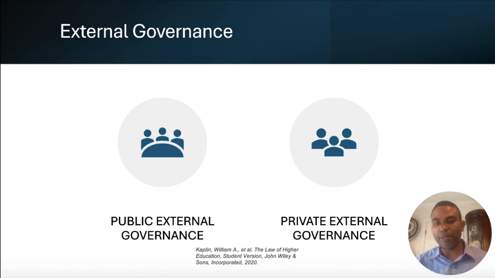And again, on the public side, in addition to the legislatures, you also have the agencies, whether it's the U.S. Department of Education or the state boards of higher education. So you'll still have those as well. And for those institutions that are part of systems, and they're public institutions, they would have some level of governance at the system level. For example, the Texas A&M University System and the University of Texas System. Some other states, like Colorado, have community college systems.